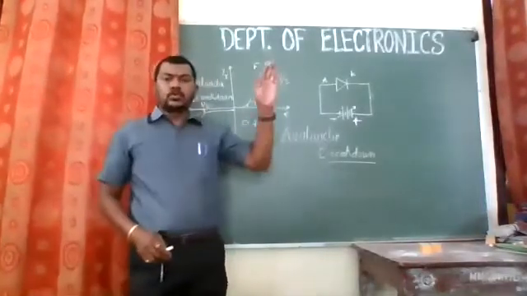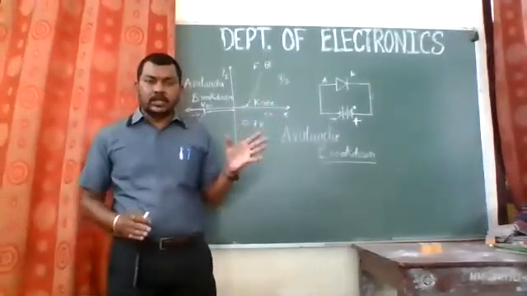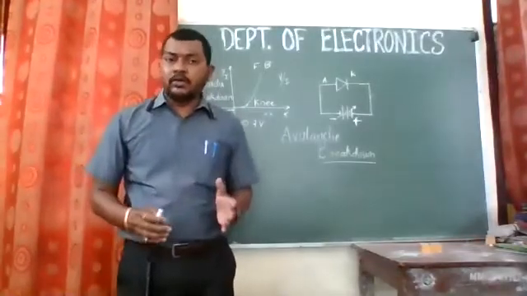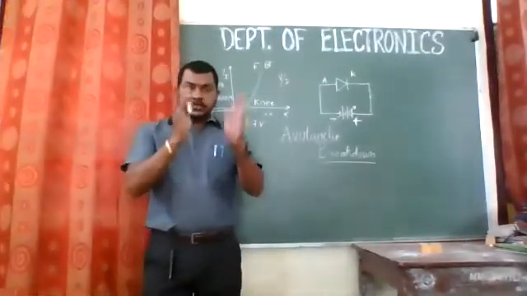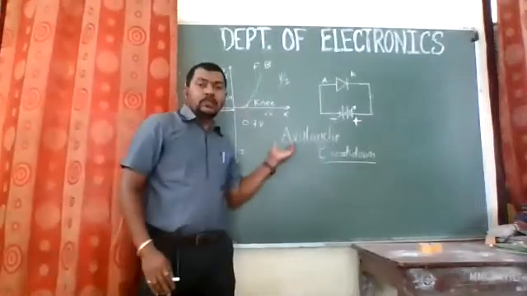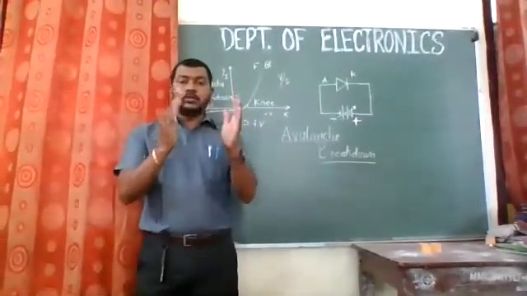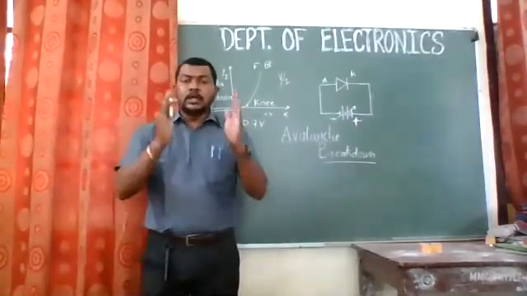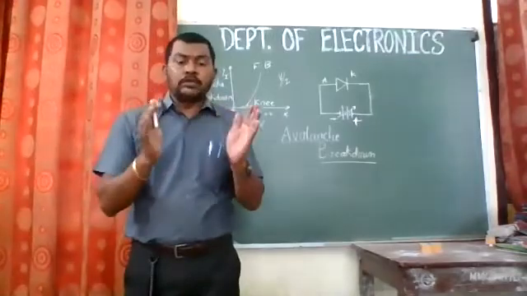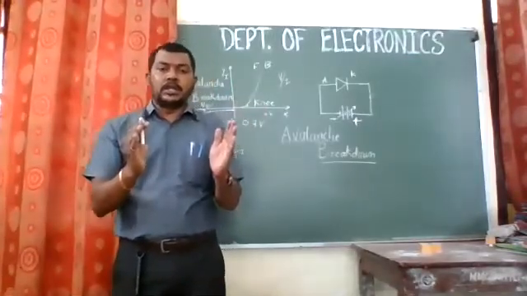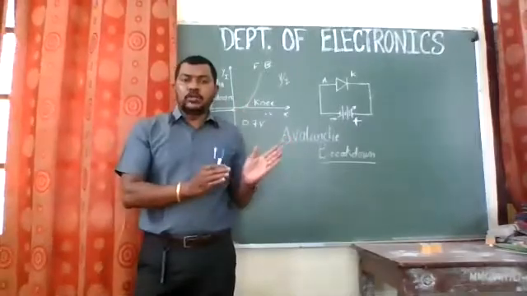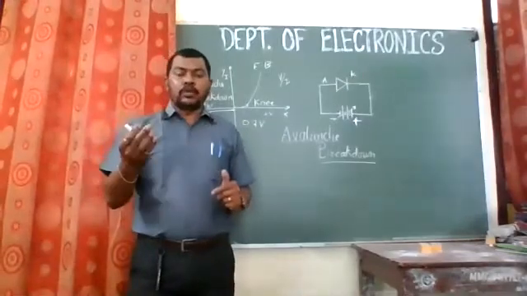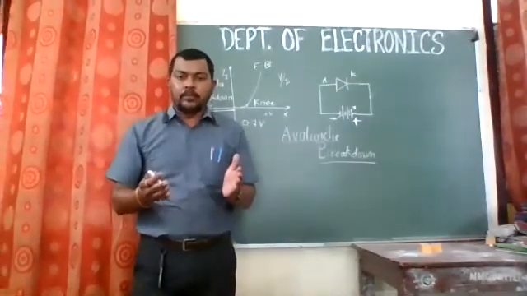If you go on increasing the reverse voltage further, to a very high voltage, around the peak inverse voltage of a diode, what happens? The same fact I'm telling you about what is avalanche breakdown. When you go on increasing the voltage above the peak inverse voltage of a diode, in the depletion layer, where we have neutral atoms, due to that potential voltage some electrons may gain energy and they can come out from the covalent bond, or they can break the covalent bond, right?